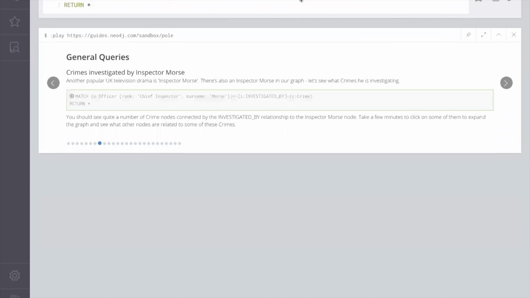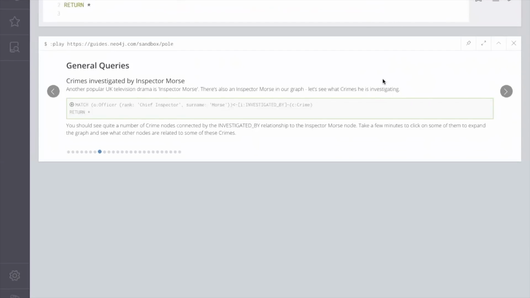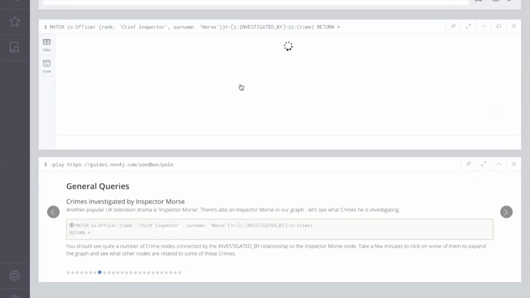Then we have a little more fun. There's another famous television series, Inspector Morse, and there is an Inspector Morse in our graph database here. So we can take a look at all the crimes that are being investigated by Inspector Morse. This might be the sort of real life scenario that you encounter, if you've got a supervisor, or if you